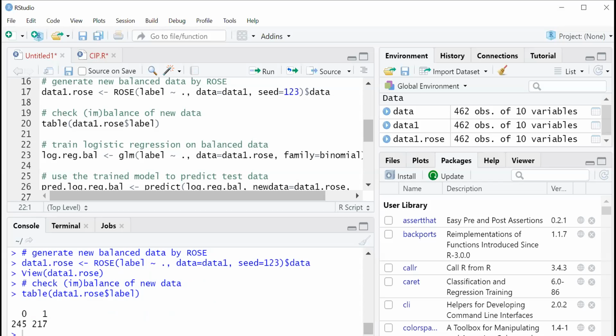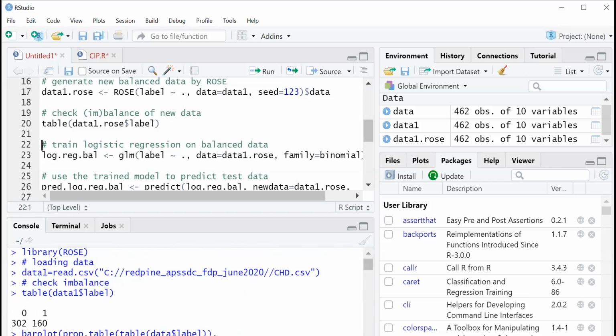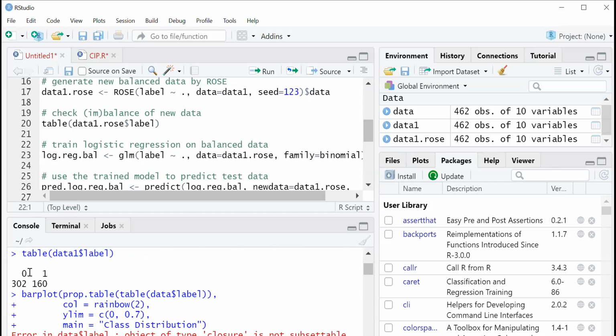Then we got 0s are 245, 1s are 217. And previously, how many did we get? We got 0 for 302, 1 for 160.